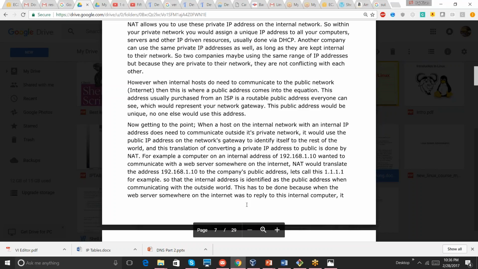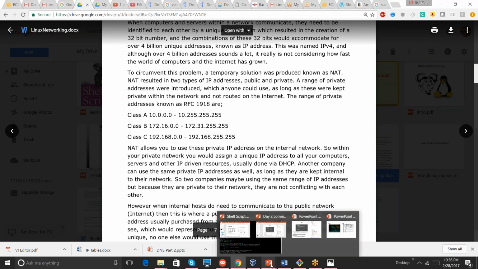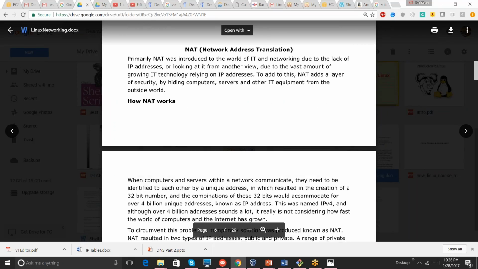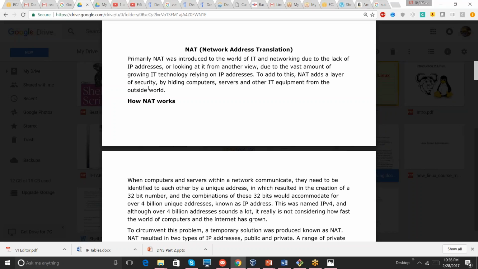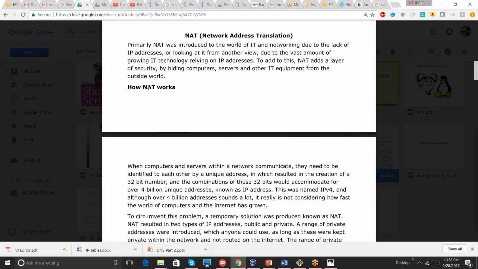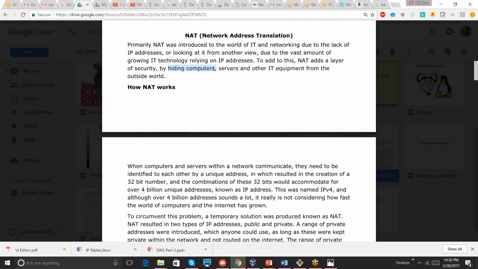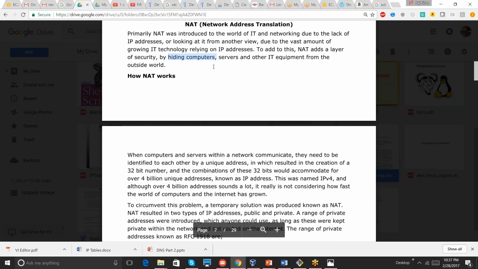When you send the request, the routers and intermediate proxy servers will not project your IP. They will just project a public IP. So in order to do that entire conversion, we use a protocol called network address translation, and it will hide your computer from the outside world, and it only projects the IP of your network